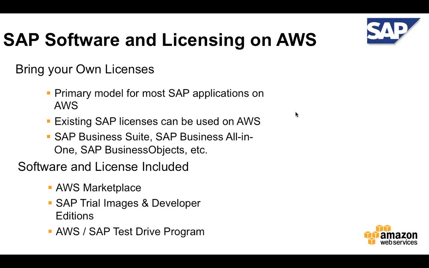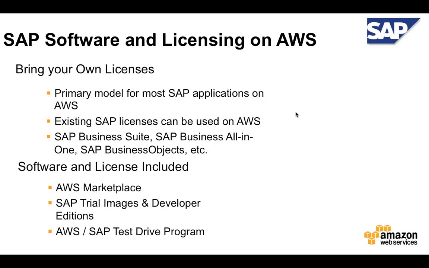which means that if you have procured licenses and you are running SAP in your own data center, these are fully portable. That means you can deploy your software on AWS and apply those same licenses on AWS. And this has been the choice for a lot of the applications, including Business Suite, All-in-One,